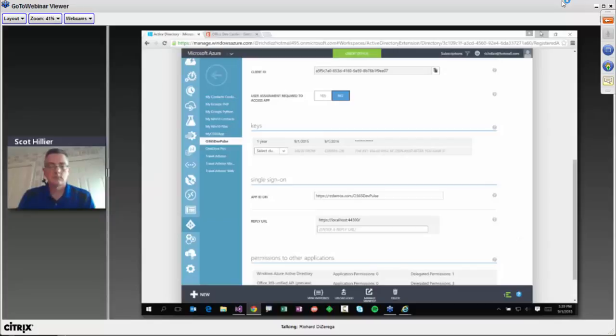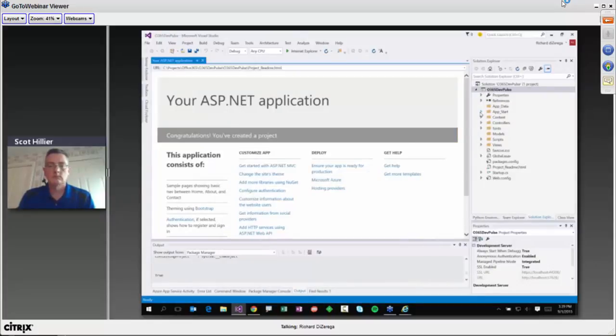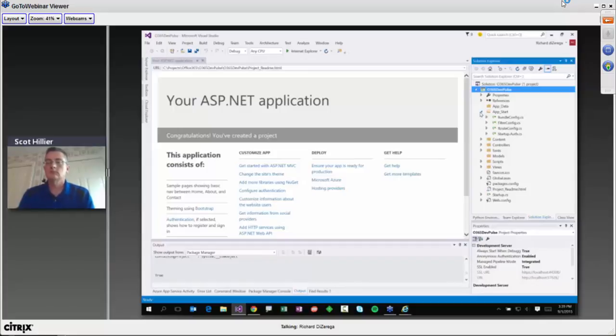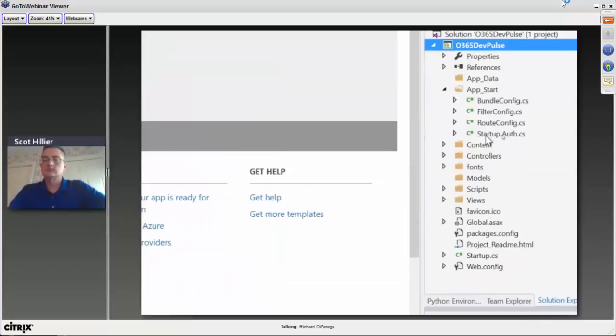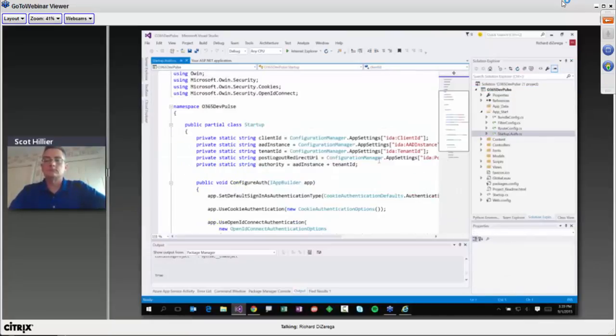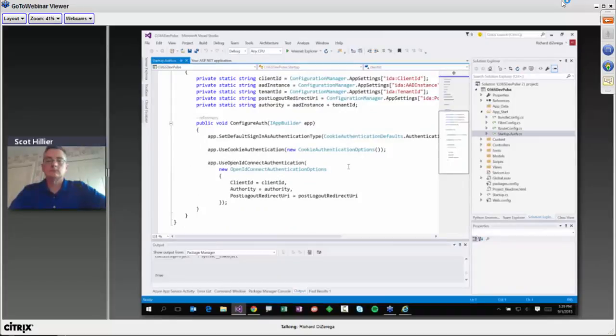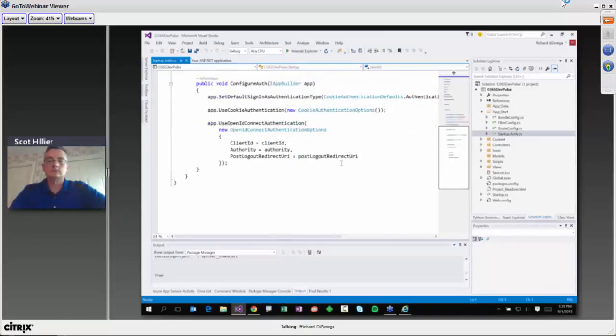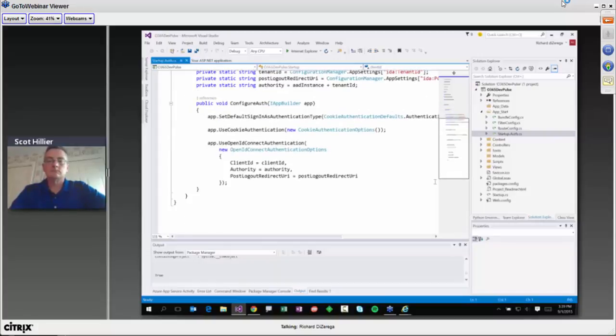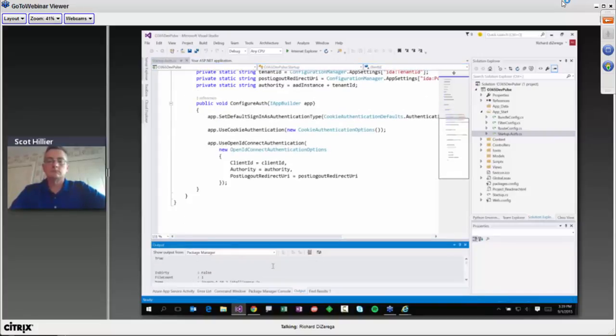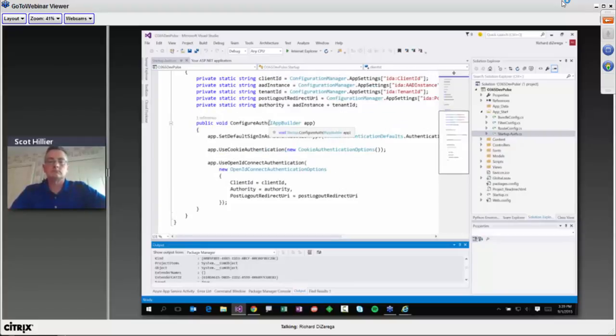So let's actually wire this up here really quickly. The great thing is when we did that setup through the new project wizard, it actually set up all the authentication for us. So without getting into all the nuts and bolts of an MVC project here, there's a startup.auth. And if we look in this, this is what's going to force us through an entire sign-in process. And actually, may have done it. Just make sure this did this here. So that's what's going to actually go in here and set all that up, in this startup.auth.